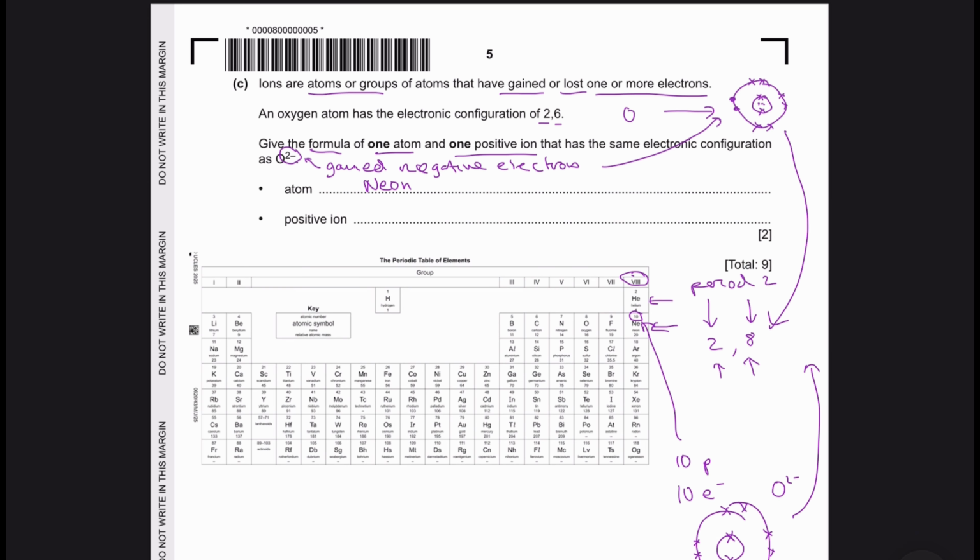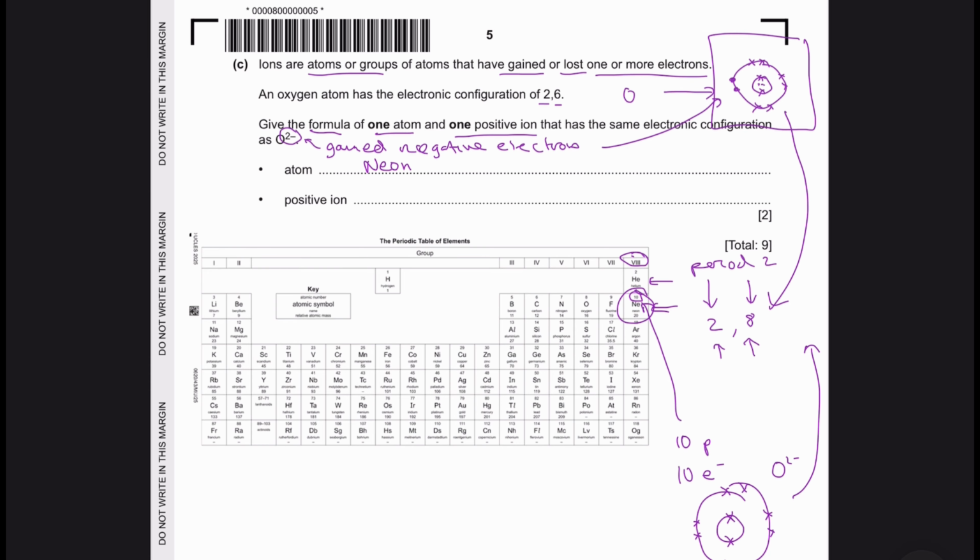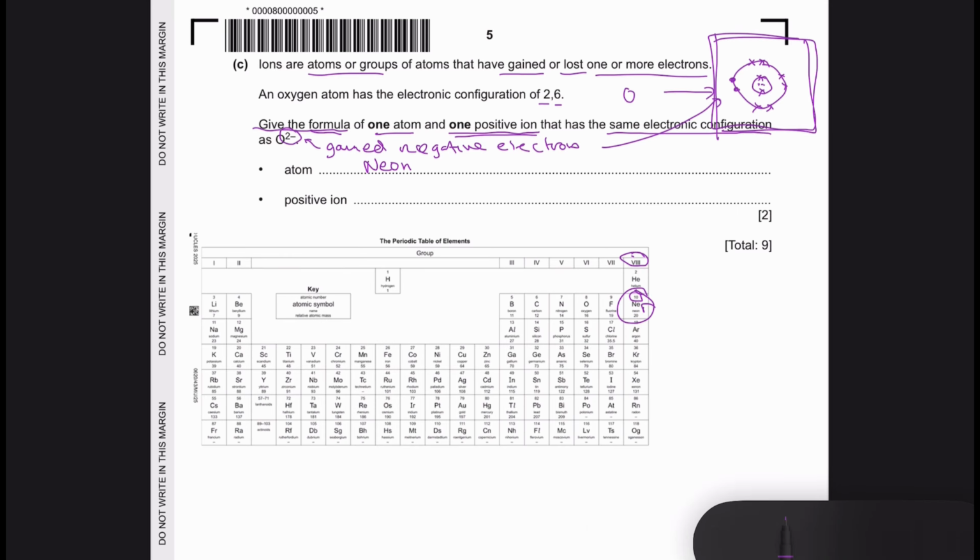A positive ion compared to our diagram here. Okay, so now we've got to give the formula of one positive ion that has the same configuration as what we've drawn in this box here. We've got to have the same electronic configuration as neon. Same electronic configuration as neon or O2-, but now it's got to be positive. If it's positive, that means it must have lost an electron but have the same configuration,